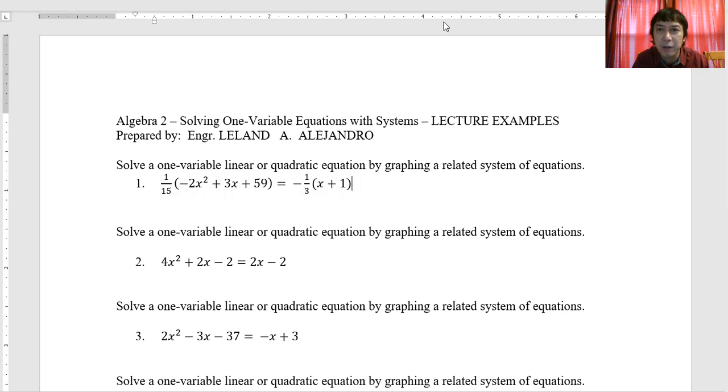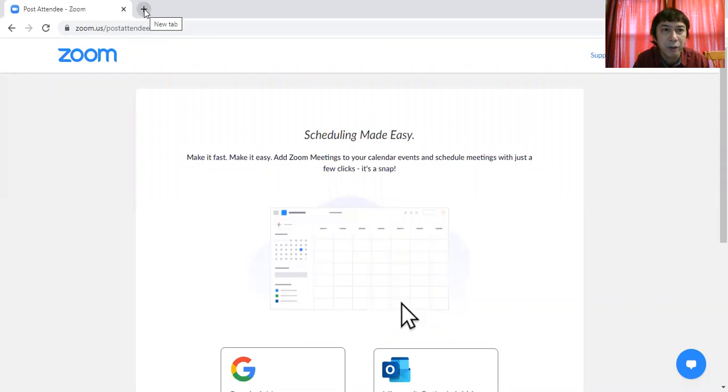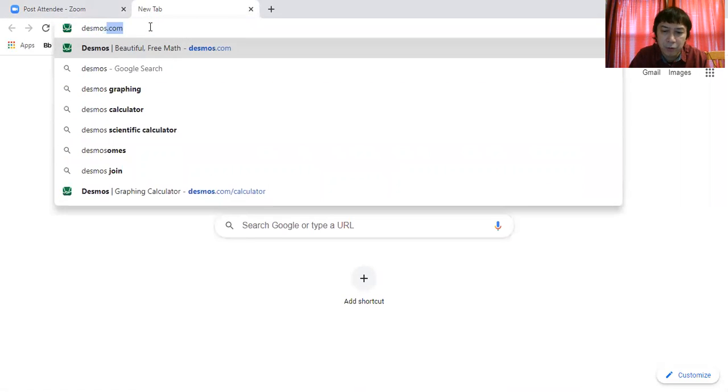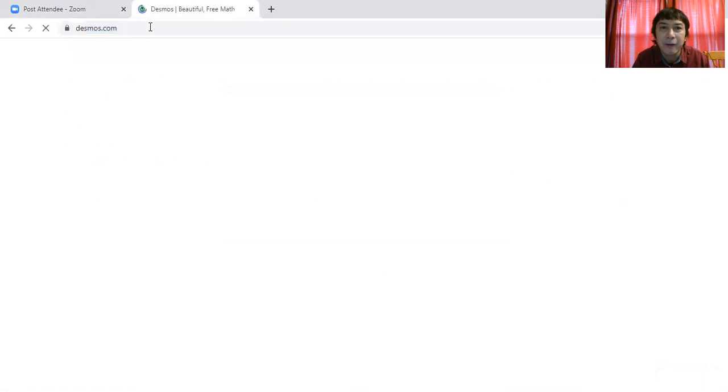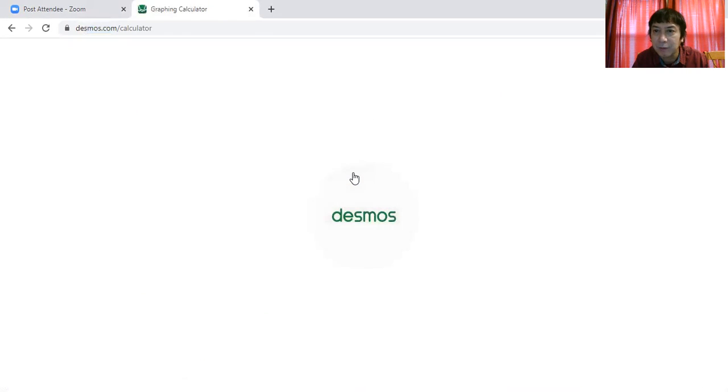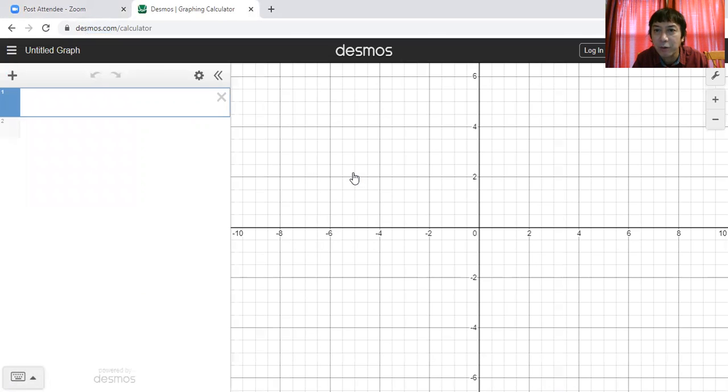We copy and then proceed to the Desmos screen. We will start from the beginning. From a new tab on your browser, you type desmos.com there. Then to start this, click the graphing calculator there. And you see now the X and Y coordinate system. Notice it goes by 2: 2, 4, 6, 8 for the X, and also 2, 4, 6, etc., for Y.